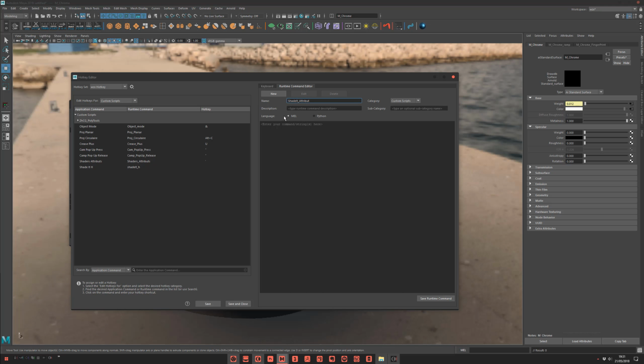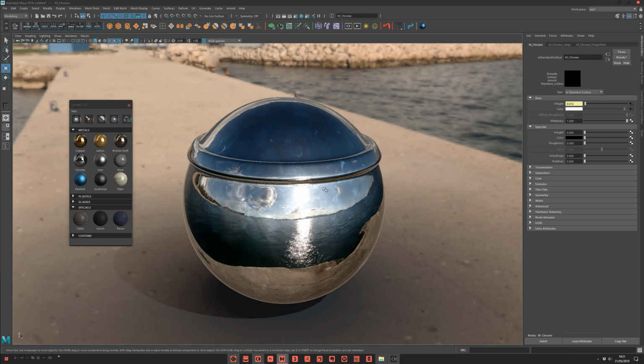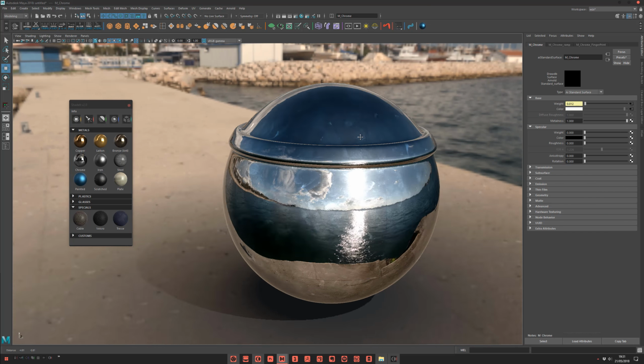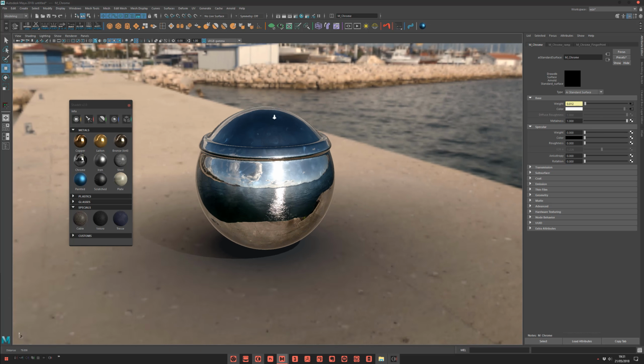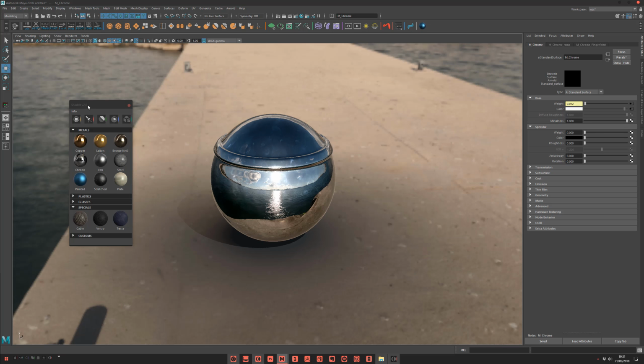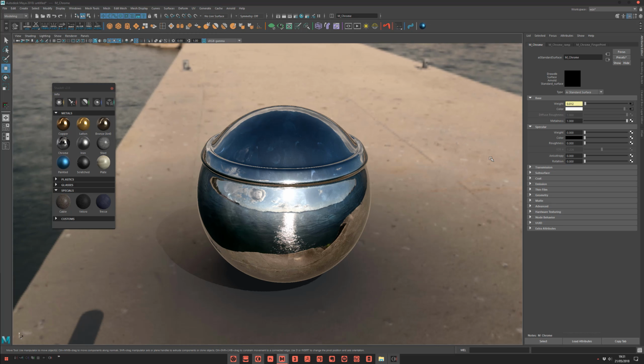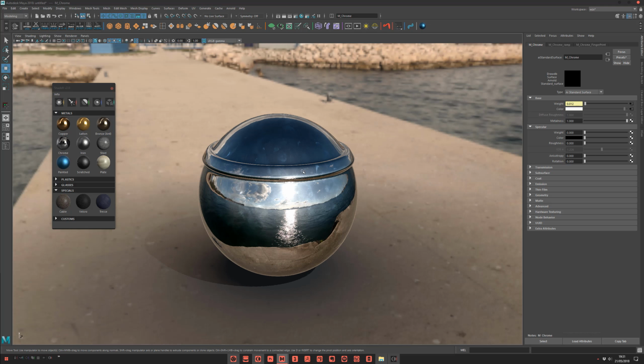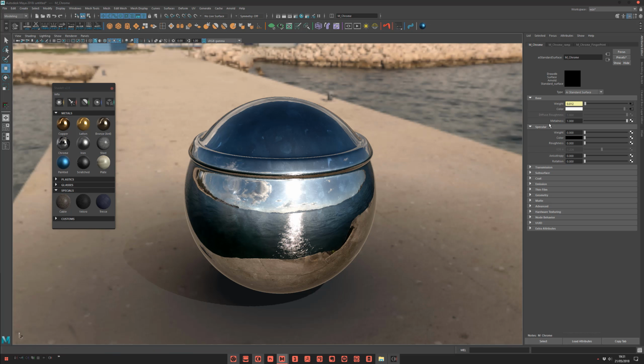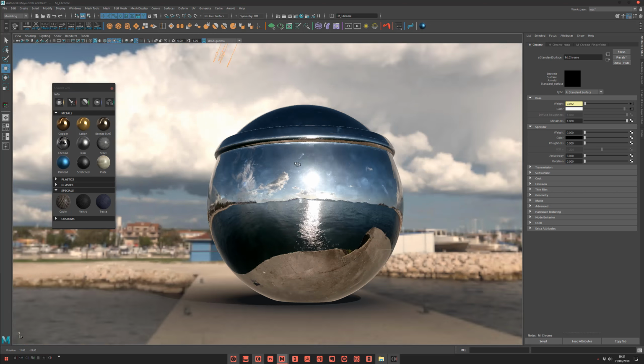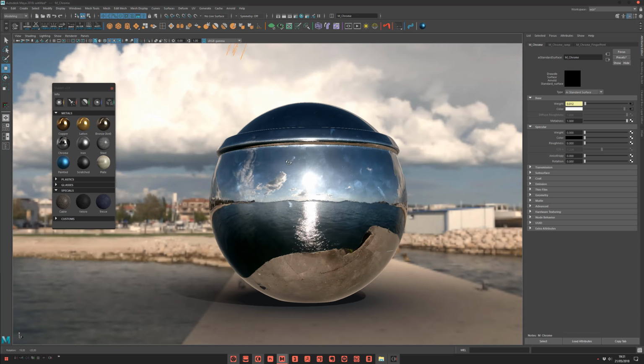Be careful to be in Python. Copy, save, okay, and it's well saved. You assign a hotkey. I already have mine. Save and close, and now just come here. Boom, you directly have access to your attributes. Really useful. It's not only for Shadeit, of course, but for Arnold rendering anyway. It's already great to have easy access to your shader attributes.